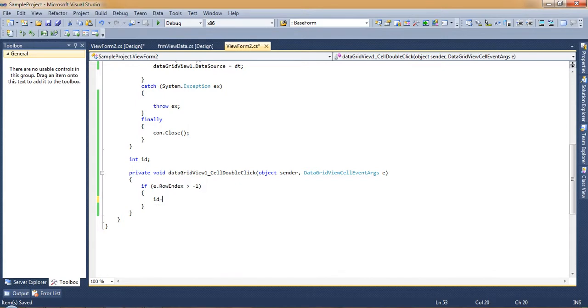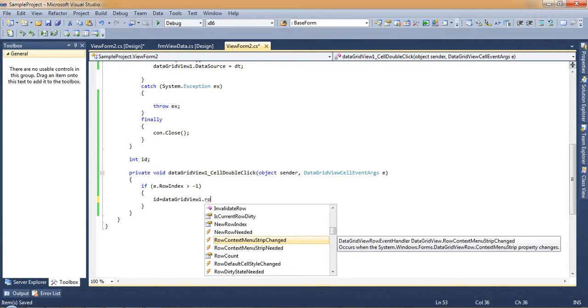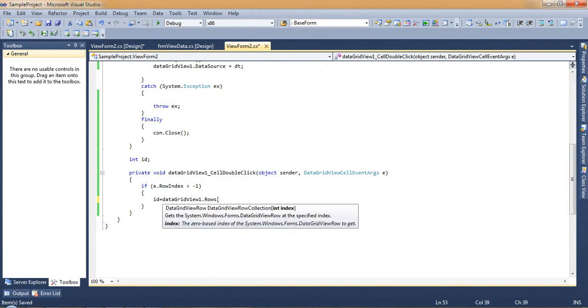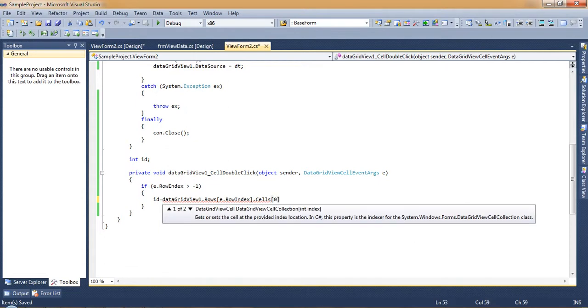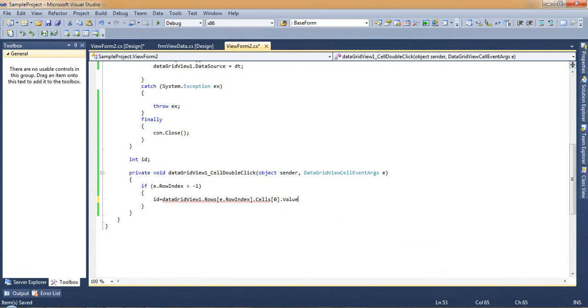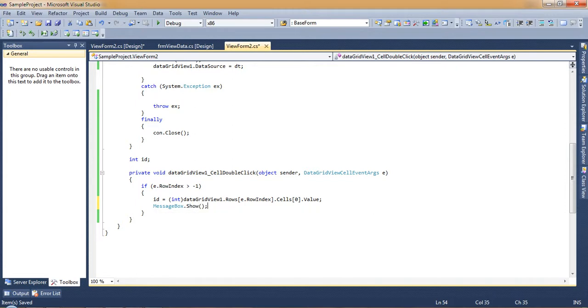Id equal to data grid view dot row, which row? The e dot row index, dot cell, then which cell? The first cell, so it's 0 dot value. Also we need to convert this data to integer, so I will write int. Now we'll show the same in a dialog box.